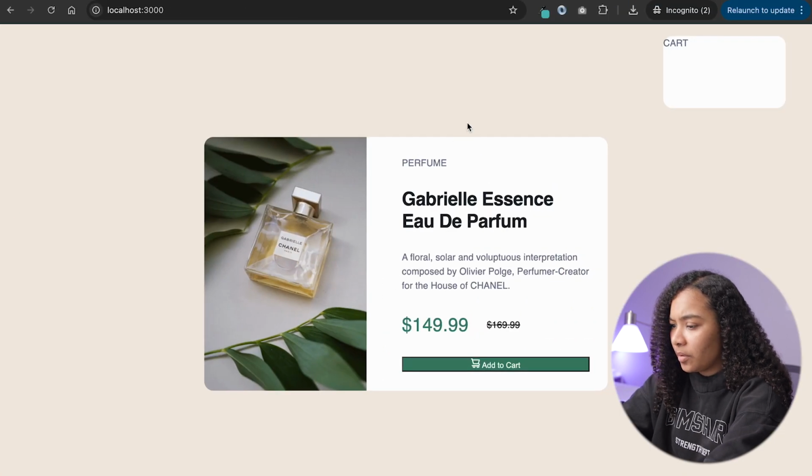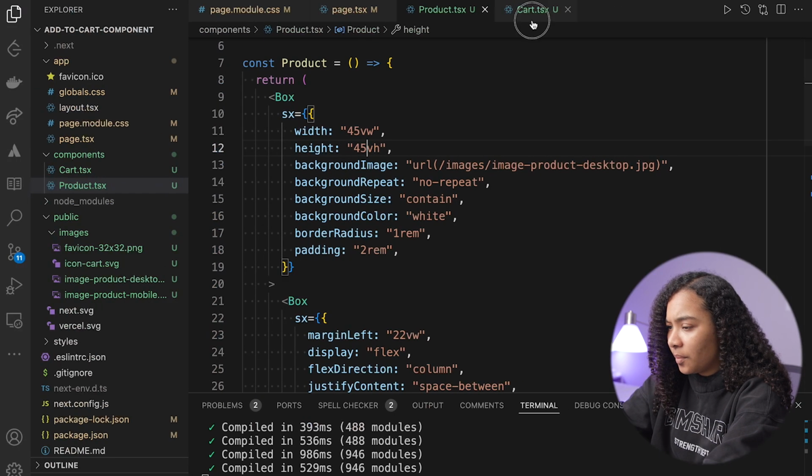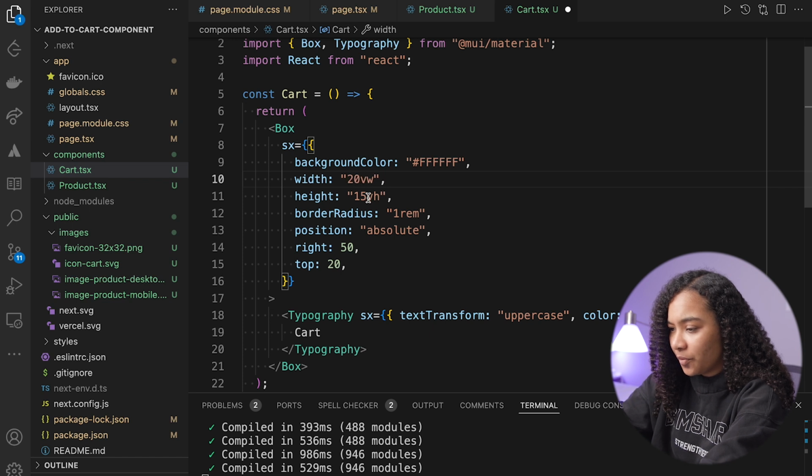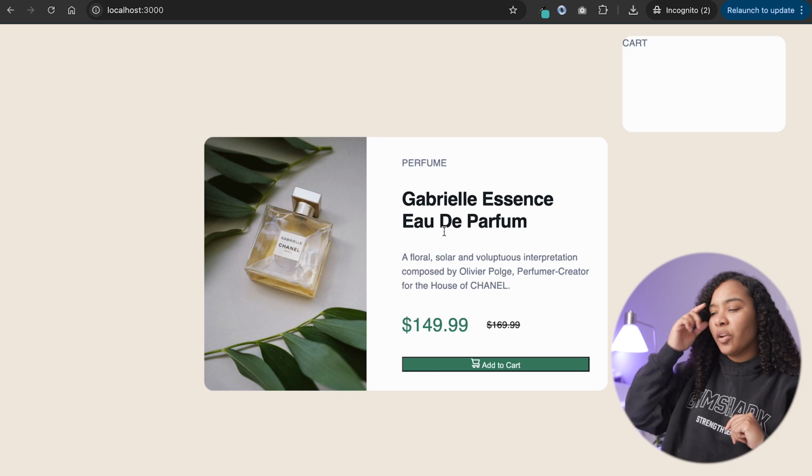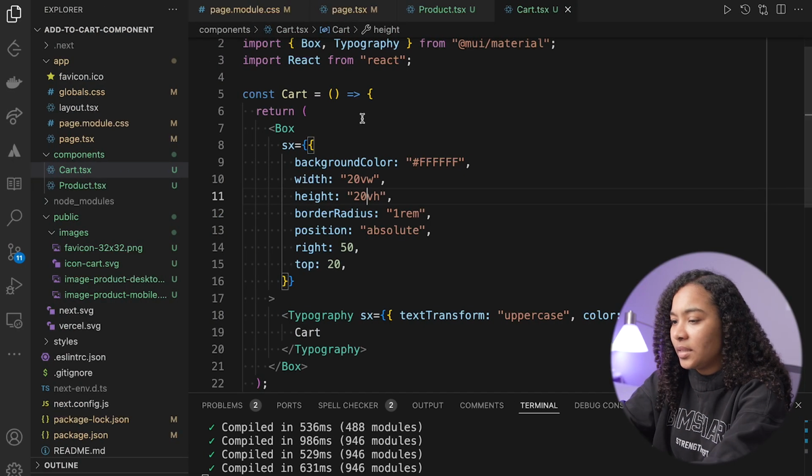Yeah, I think that's better. A little bit smaller card, because I think the card is actually going to have a good bit of information, or just like the text might be a little wide. All right, so yeah, this is the general gist of what we're going for as far as the